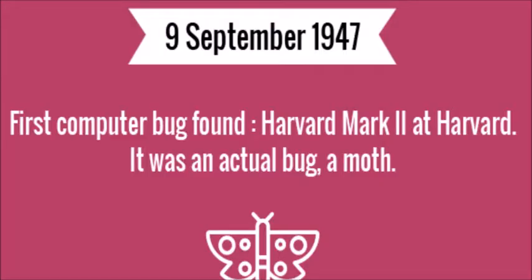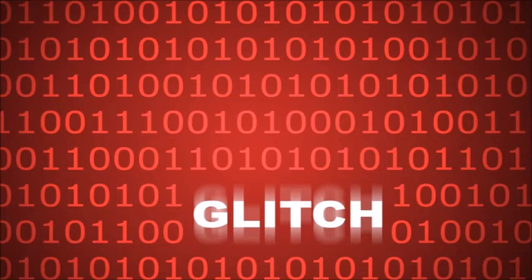According to the most often repeated origin story, in 1947, technicians working on the Harvard MK2 or Aiken relay calculator, an early computer built by the US Navy, encountered an electrical fault, and upon opening the mechanism discovered that a moth had flown into the computer and shorted out one of its electrical relays. Thus the first computer bug was quite literally a bug, and the name stuck.